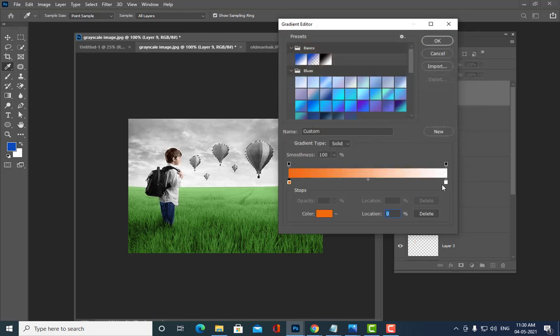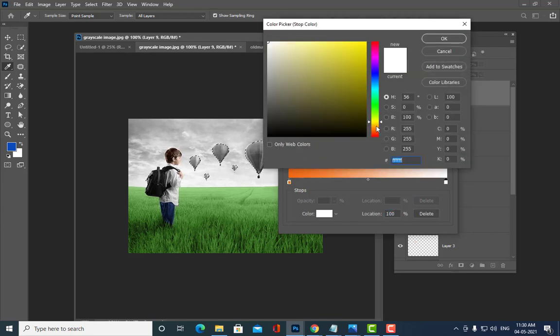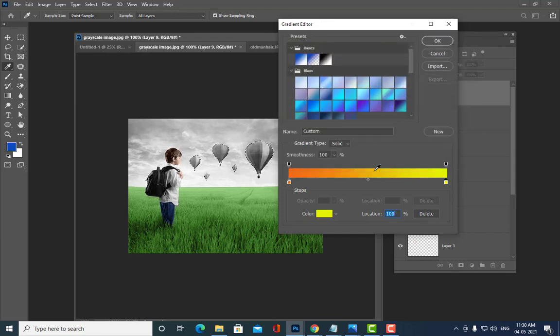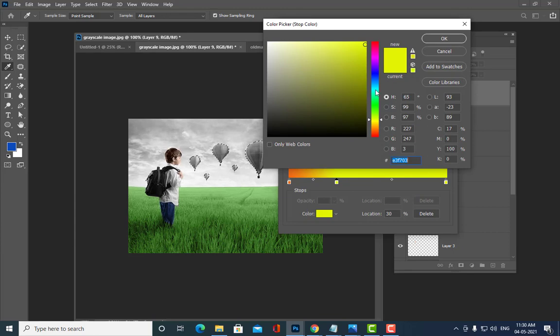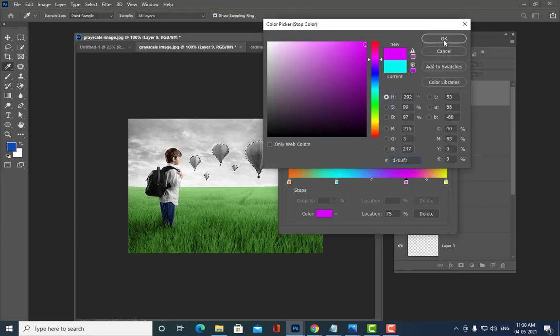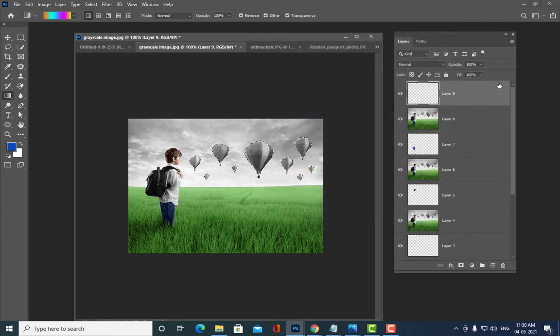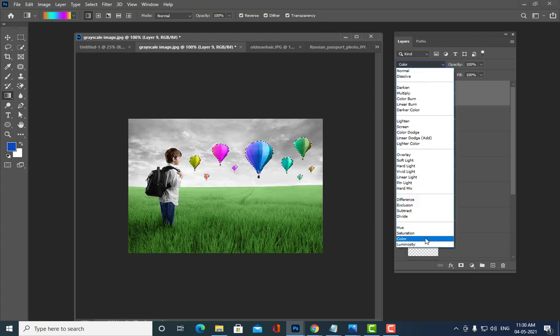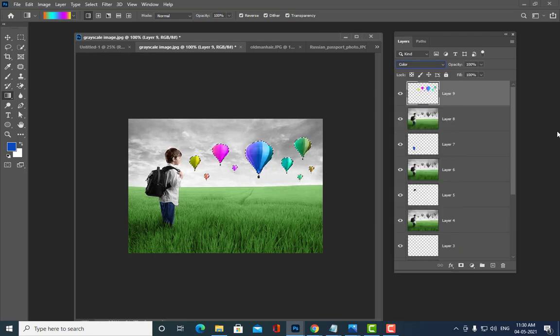Okay, right. So see, I have taken a new layer. Just now what you have to do, just simply drag a gradient like this. Okay, then we have to once again select the colors. So is it clear, all of you?